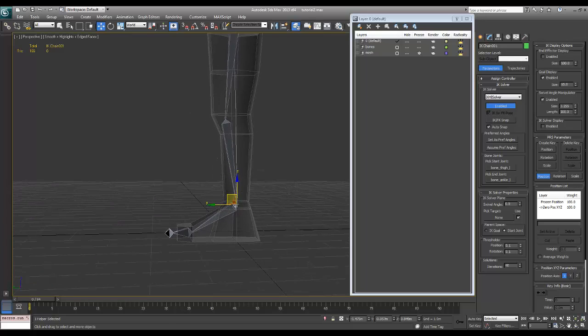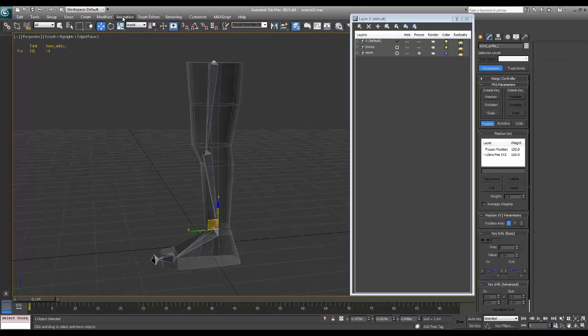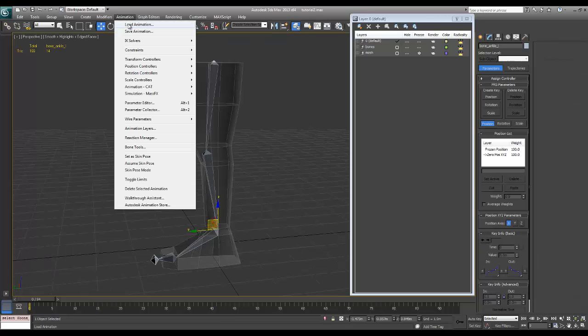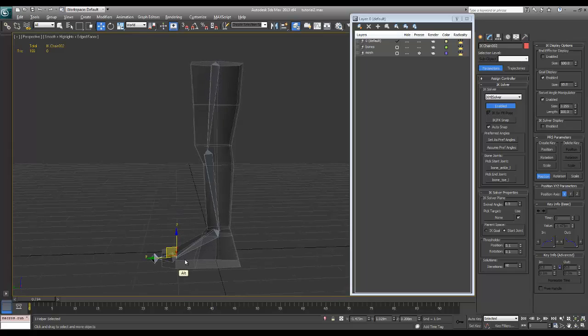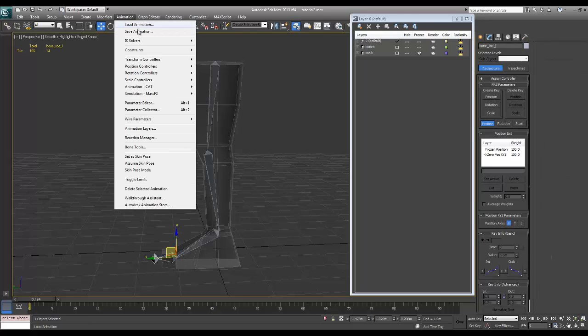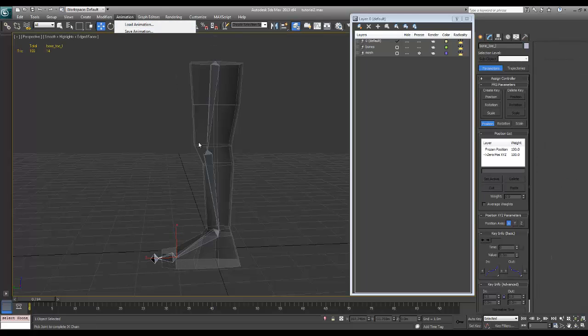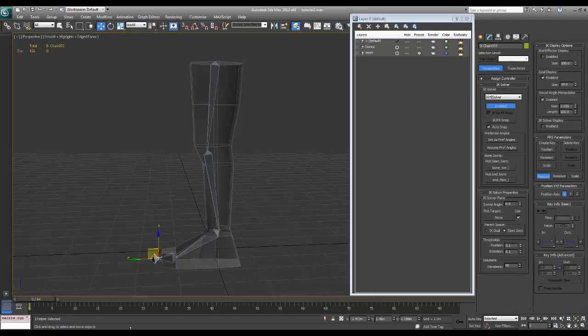Not only do I need to do the leg IK, I also want to carry IK through the foot. So select Animation, IK Solvers, History Independent IK Solver. Select the foot bone, and then select the toe bone. And one more time, select the toe bone, Animation, IK Solvers, History Independent, and select the toe end. Okay, now